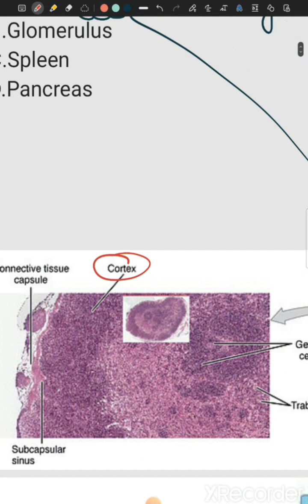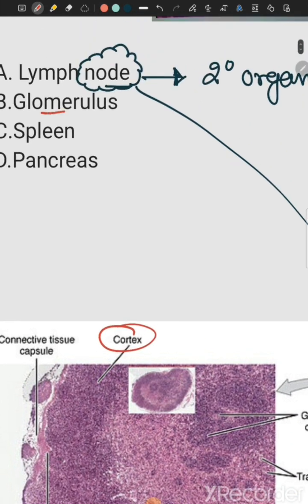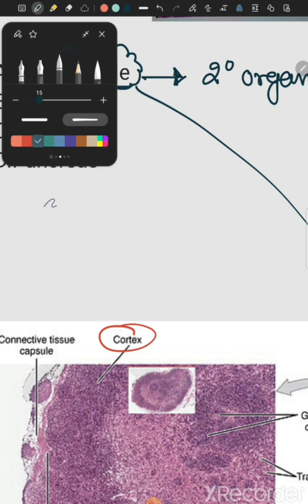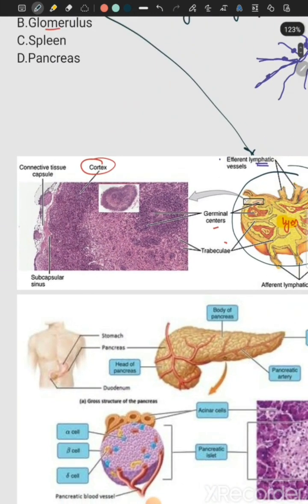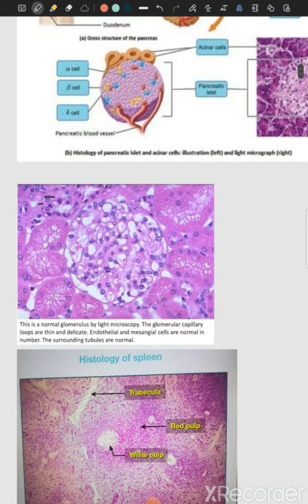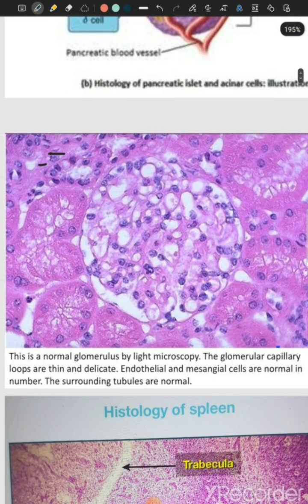Okay, now the next one, glomerulus. When we talk about the glomerulus, what comes to mind is that the glomerulus is present in the kidney. Now in the kidney, it is like this way. The glomerulus, this is by the light microscope. In the glomerulus, the capillaries are supported by the mesangium. So the glomerulus is round,